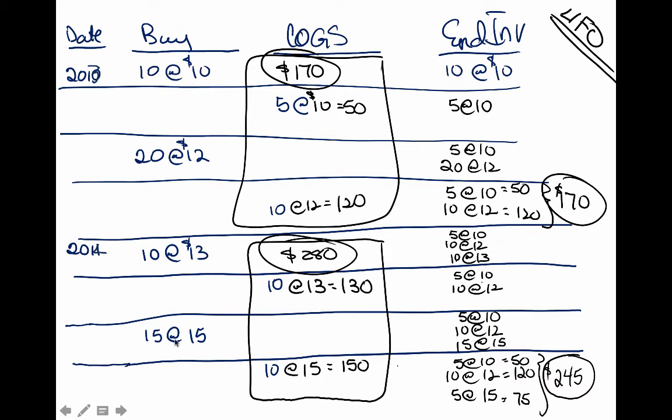We go shopping and buy 15 at 15, back to three layers. We finally, at the end of 2014, sell 10 units. Last ones to come in are the $15 layer, so we sell 10 at 15. So at the end of 2014, we're left with the 5 at 10, 10 at 12, and 15 minus 10 is 5 at 15. So ending inventory is 245. Adding up our cost of goods sold comes to 280 for